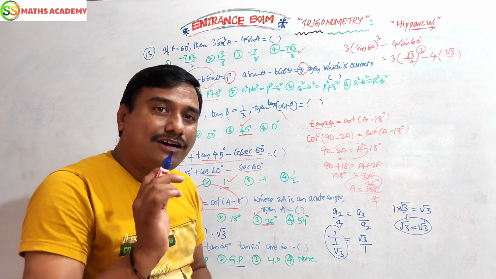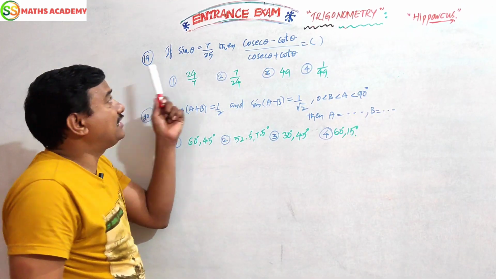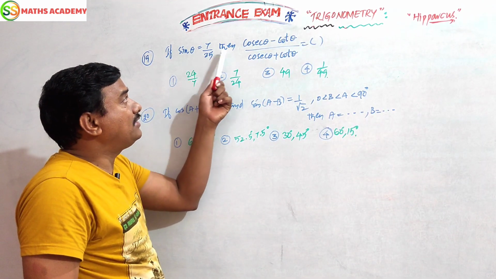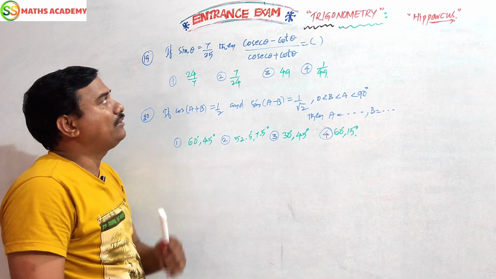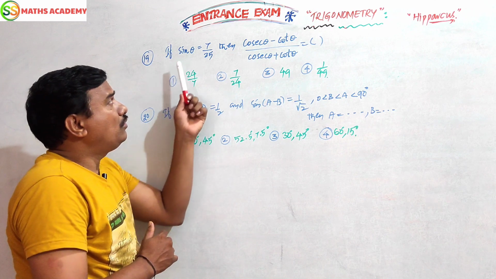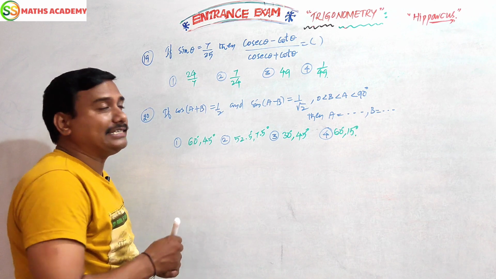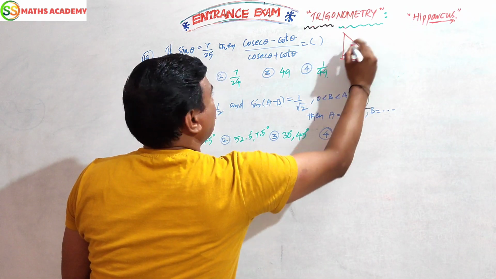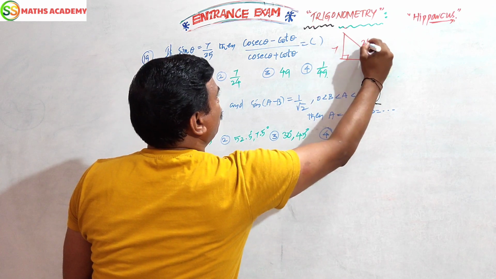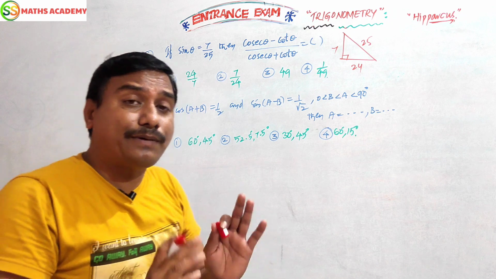Now let us see the last two important previous examination questions. Question number 19. If sin theta equals 7 by 25, then (cosec theta minus cot theta) by (cosec theta plus cot theta), we have to find the value. Okay. Now if these questions are given, we should follow the logic of a right angle triangle, by using Pythagorean triplets. This is the sine, opposite side. Suppose this is the hypotenuse. What about this? It is 24, because 7, 24, 25 are a Pythagorean triplet.